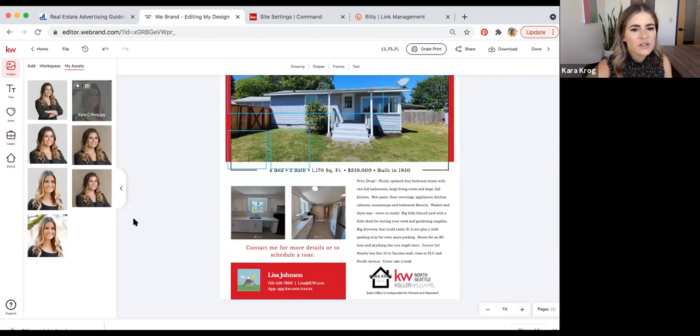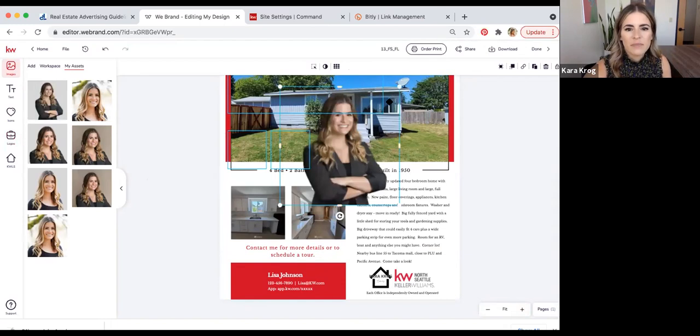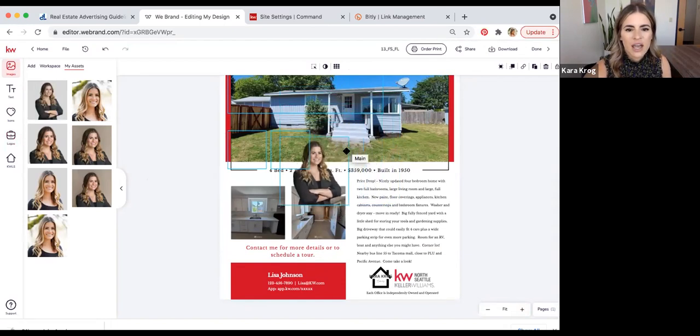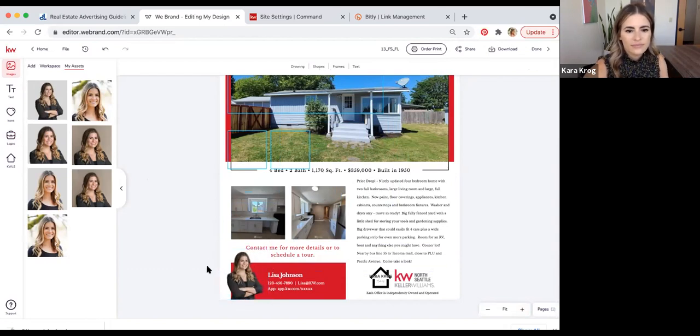One thing I think looks pretty cool, I'm just deleting this old one instead of replacing it, is I like having that transparent background headshot in places like this. Kind of looks cool to be over whatever you've got going on here. Is that just me or is that cool? I feel like it's cool.